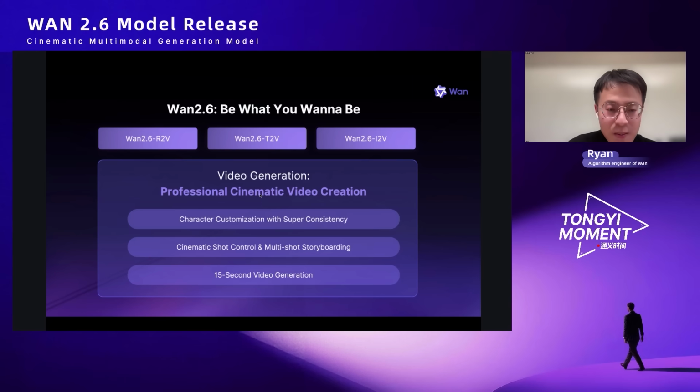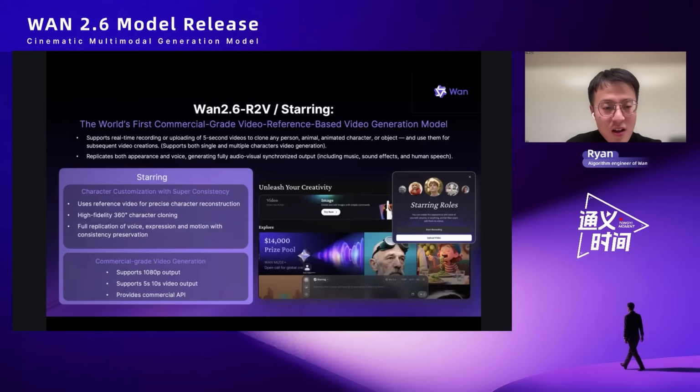With all of this combined, the result is not just a few nice moments. It can carry the emotion, pacing, and information in one continuous sequence, so the storytelling feels more like a real movie clip.